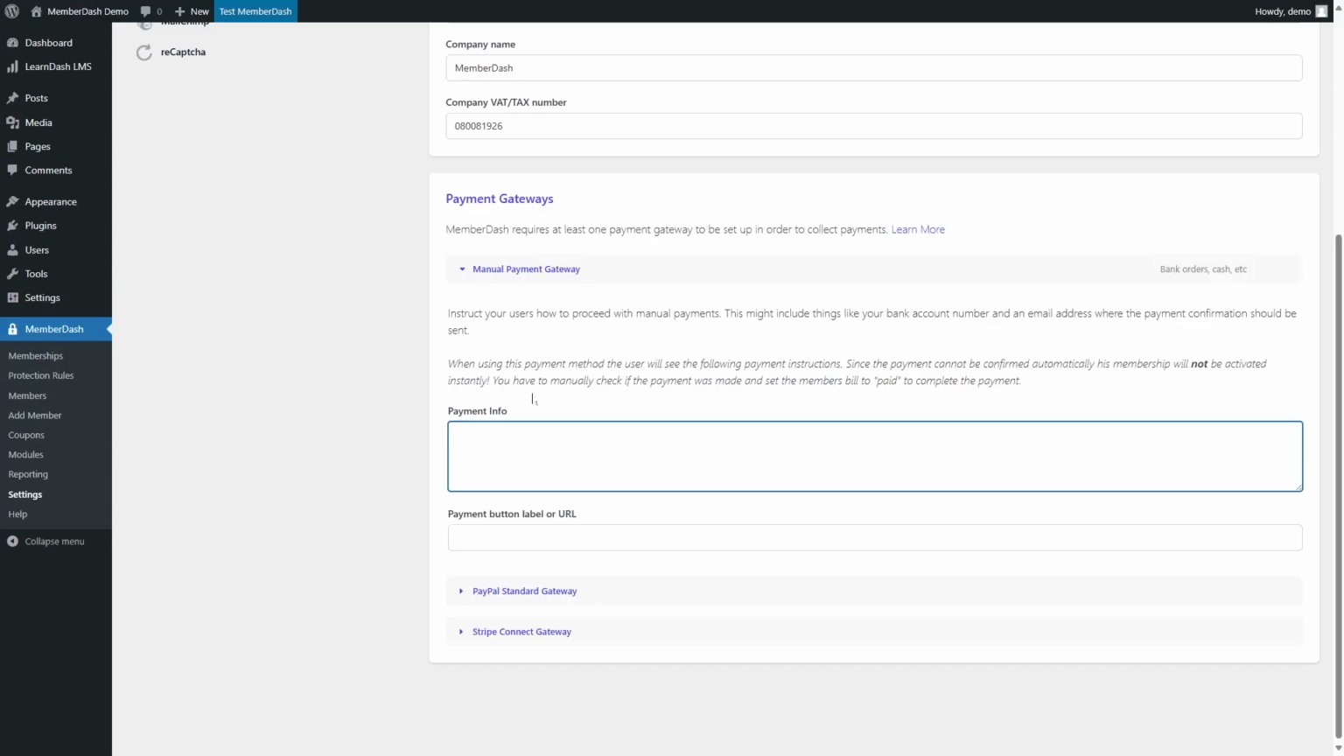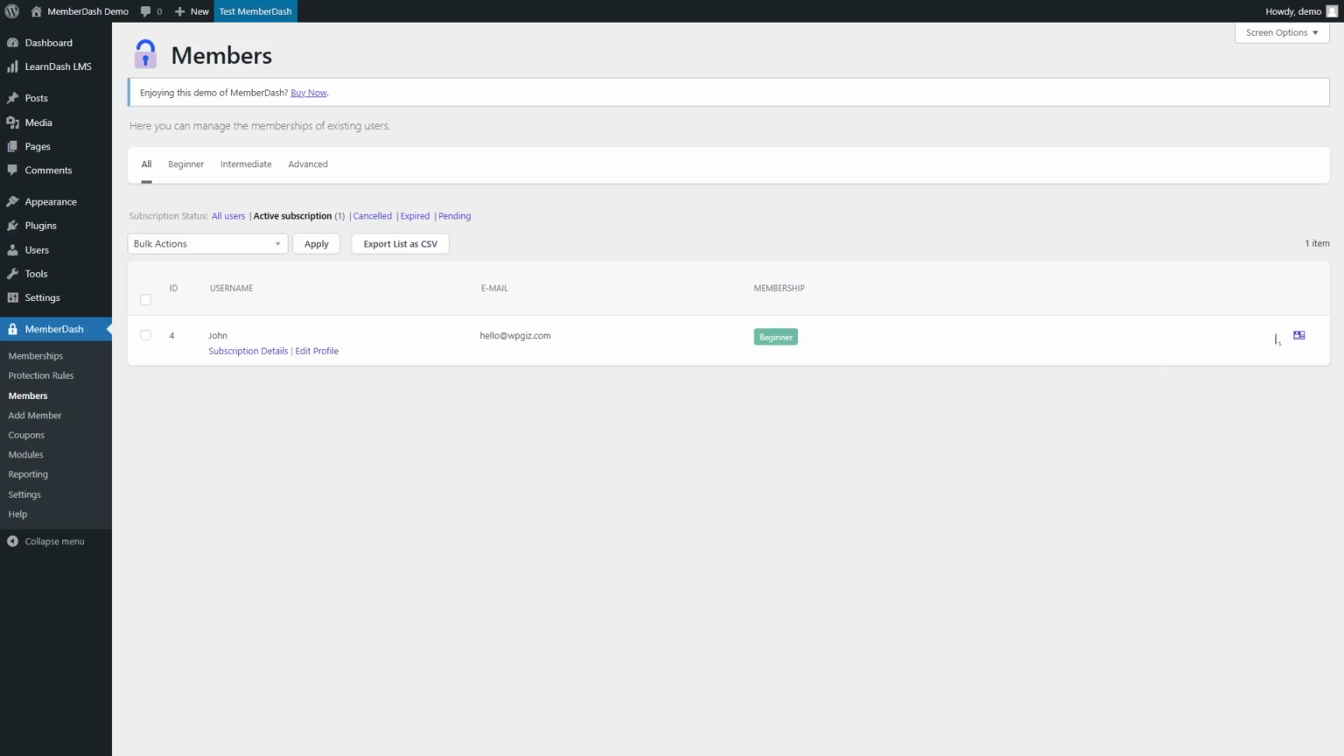You have to manually check if the payment was made and set the member's bill to paid to complete the payment. So since there's no way to automatically confirm that the payment was paid or not, what you have to do is manually confirm if the payment has been paid, and then set the member's bill to paid. So if we go to members, and if we take a look at this profile,